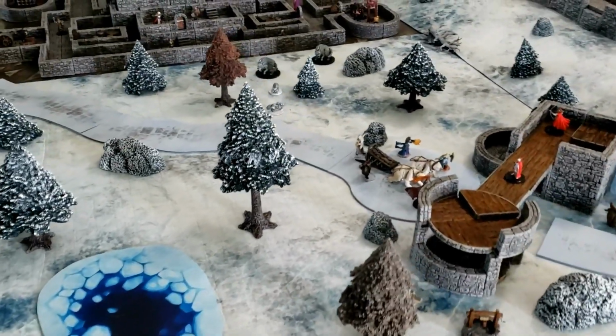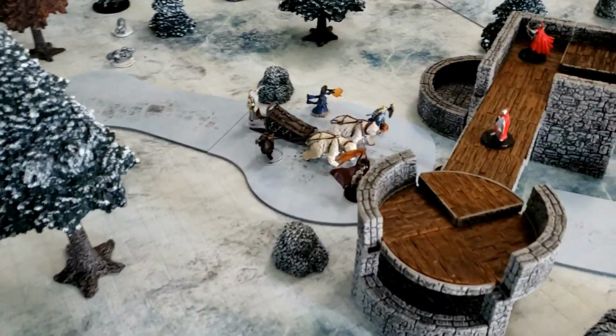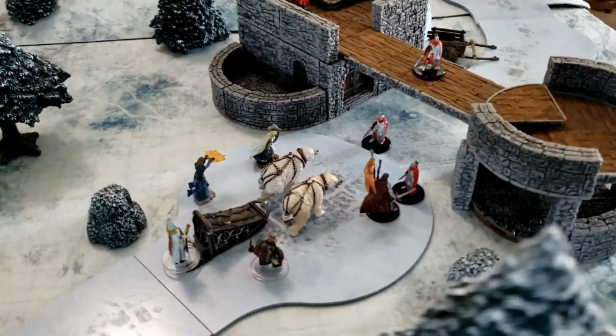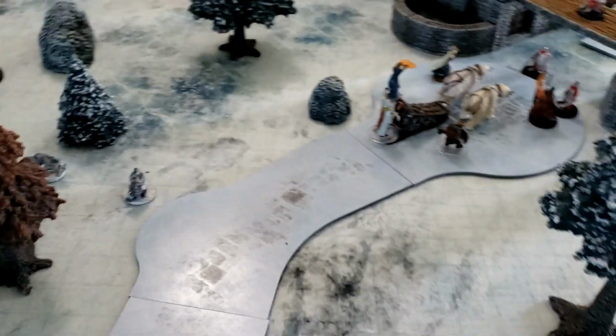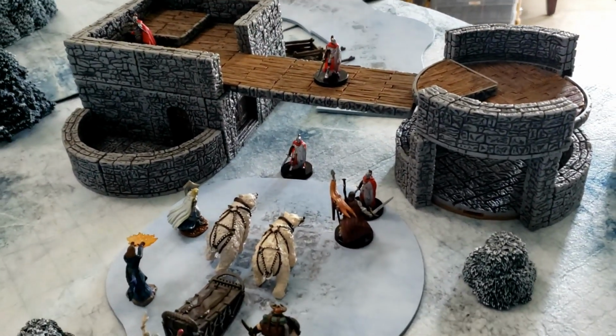So the heroes, of course, would have to travel through the Winter Wonderland, provided by Monster Fight Club Ice Wilds. I shouldn't say provided by. I ordered it all on their Kickstarter. And of course you can have packs of wolves and stuff attack them when they're out on the way. But eventually they would get to here, which would be the first gate guards